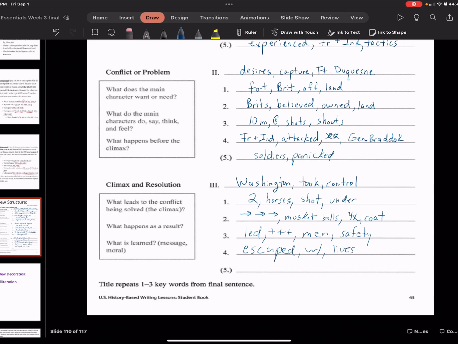And it says that he was hailed a hero, and the ambush in the wilderness was just one of the many battles of the French and Indian War that lasted. So now, that is two different sentences. Escape with lives, and we could just go ahead and say hero, G-W, hero. That's one word, two words, three words. Good, we're still good there. GW, hero. And our final one would be that the ambush in the wilderness was just one of the many